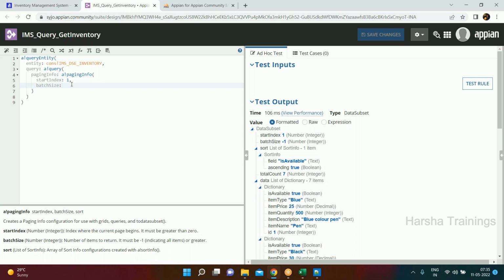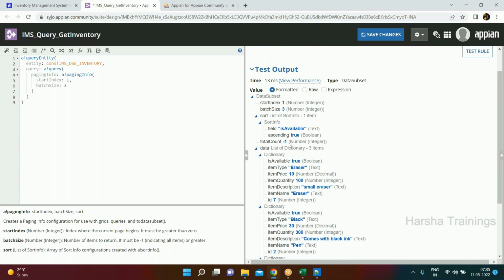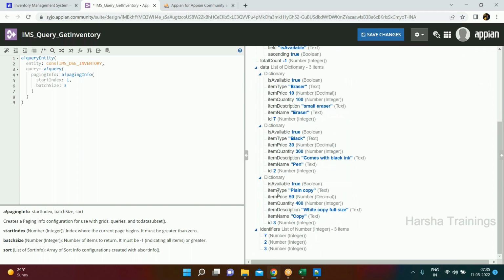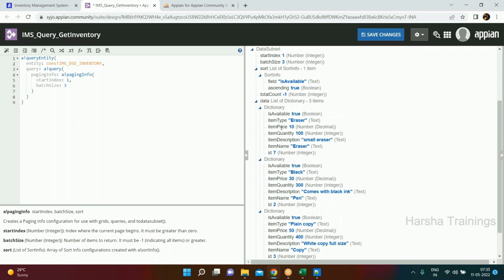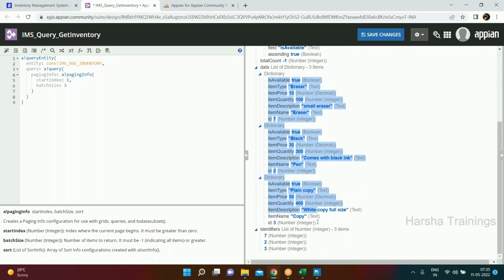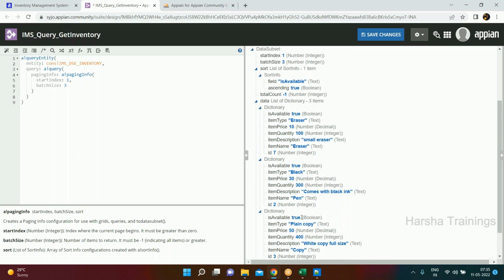Now if I make the batch size 3, with start index 1 and batch size 3, you will see that I am getting only 3 records: 1, 2 and 3. See this? It is giving me the information from